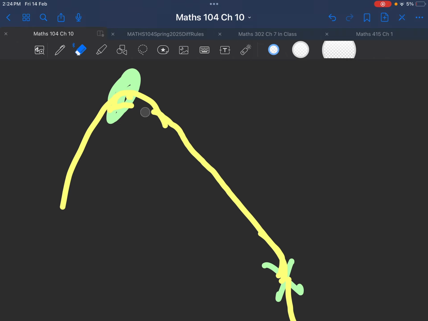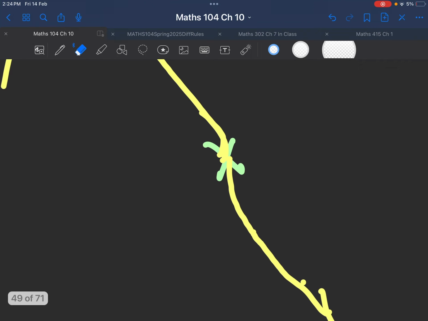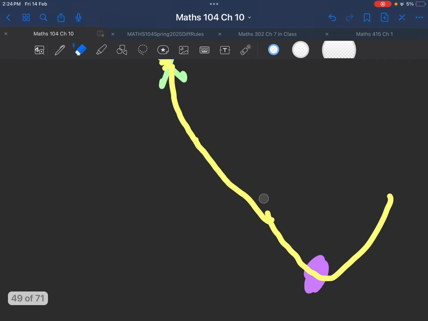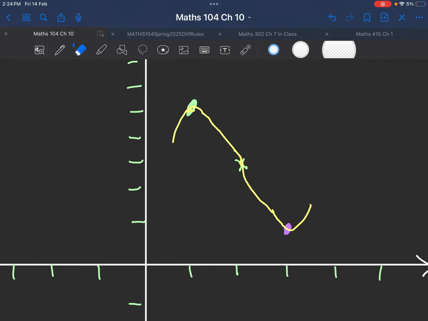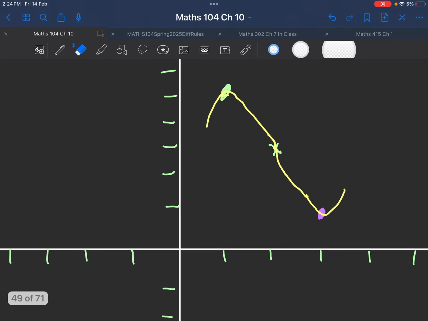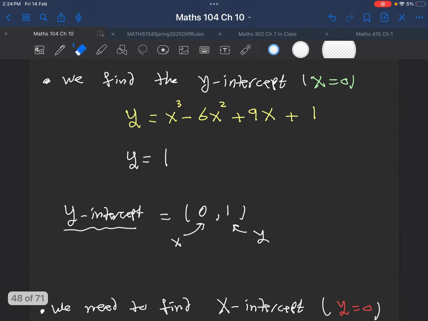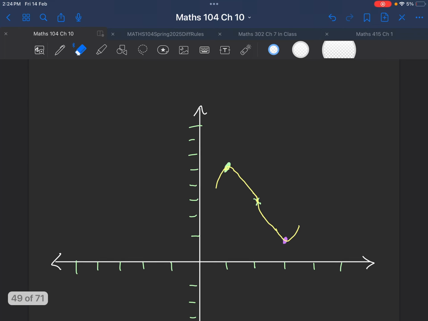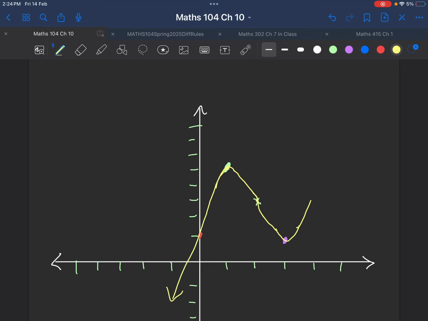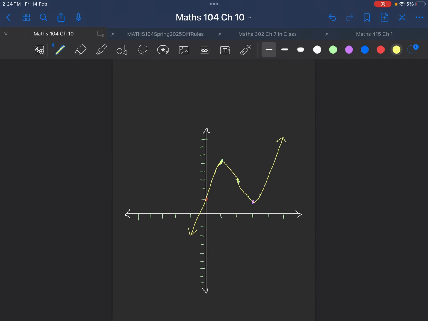Okay, good. Now we should erase what we can erase, and do the same thing here. All right. And now for the y-intercept, which is 0 and 1, the y-intercept will be this point here. I just need now to continue joining the function here, let it go down, and this would go just up like this. And that's exactly